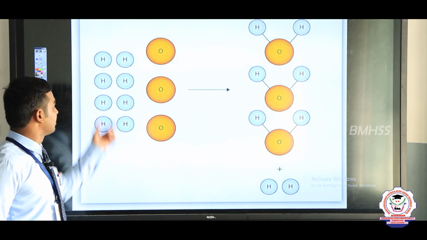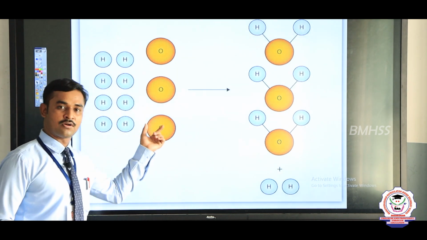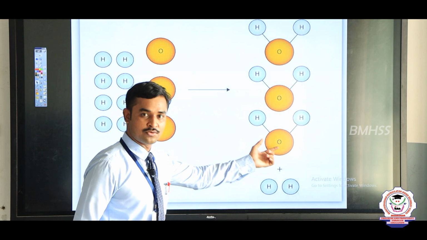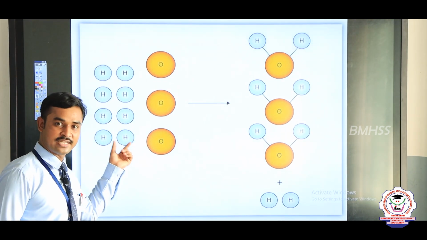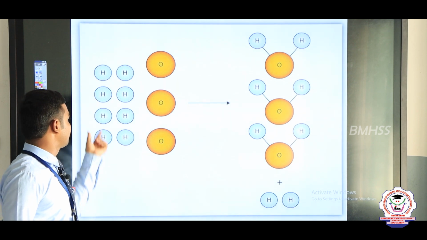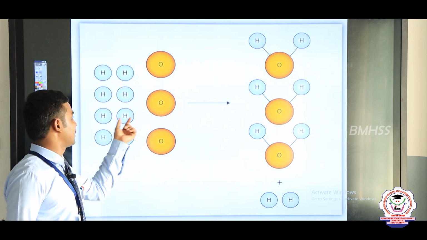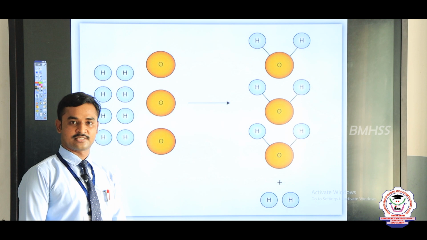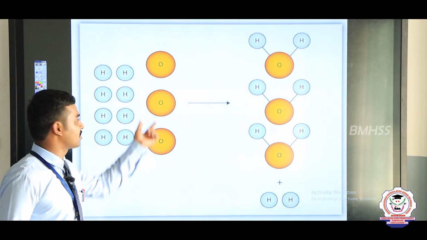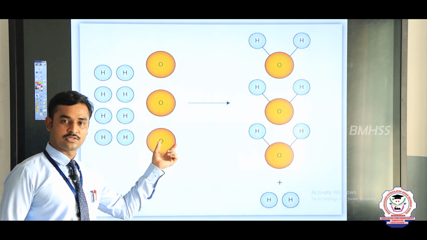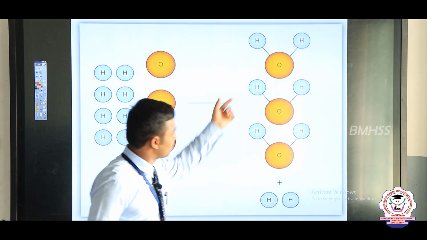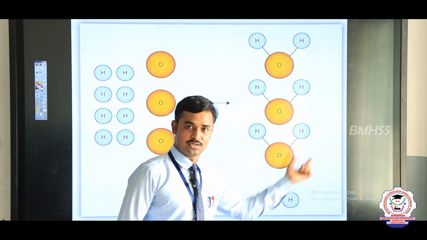For example, the hydrogen atoms combine with oxygen to produce the water molecules H2O, in which you have seen the number of hydrogen atoms 1, 2, 3, 4, 5, 6, 7, 8. So, totally 8 hydrogen atoms present here, and number of oxygen atoms is 3. So, 8 hydrogen atoms combine with 3 oxygen atoms, but they can only produce 3 water molecules.